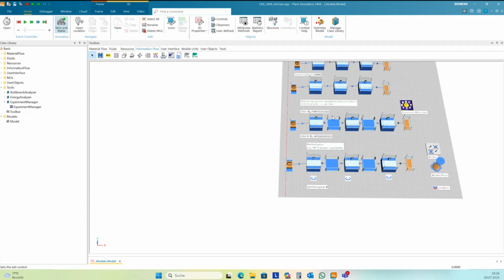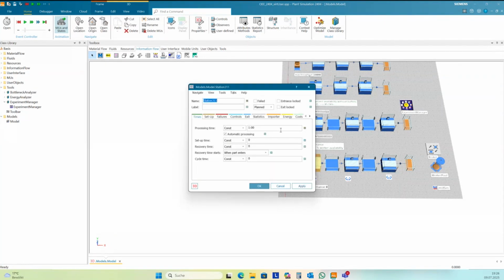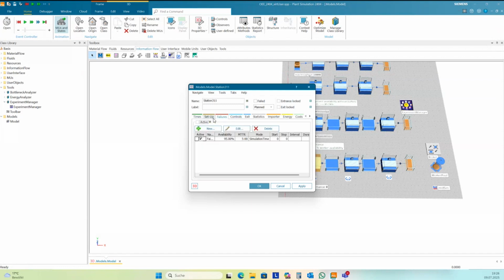If you have one big model, you can switch on and switch off the availability by set. You can activate it in the same way. Here it's available with SimTalk.